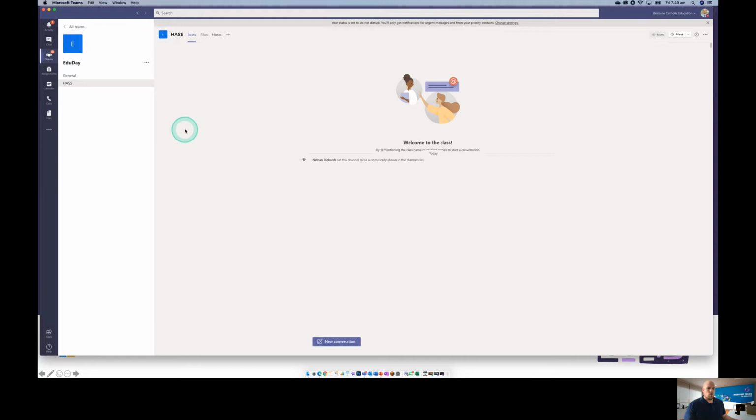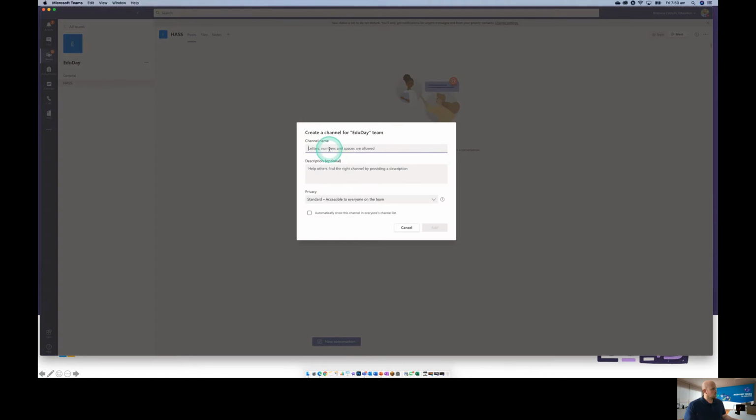There is also a second type of channel that can be set up. So if we come back here, click to add a channel, we have something called private channels. If I click down here on privacy, I can choose to do what we call a private channel. An example of what we might use that for is group work. So I might come in here and go group 1. Make sure that's set to private.